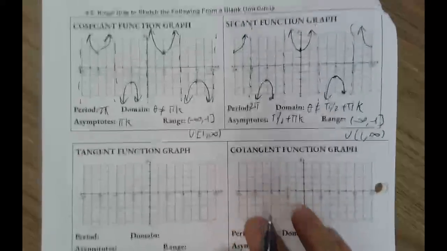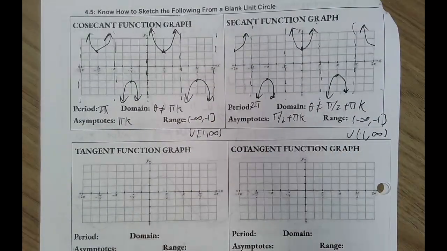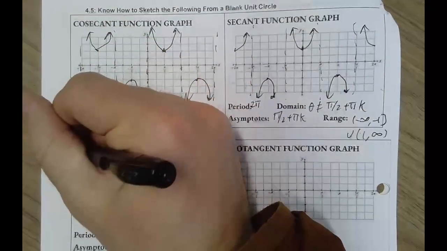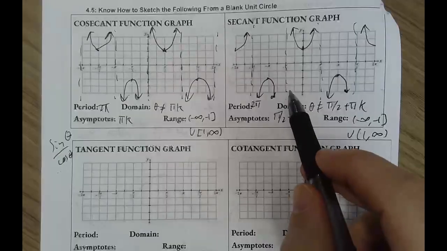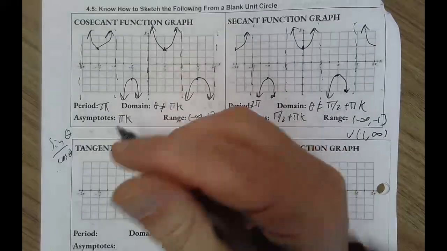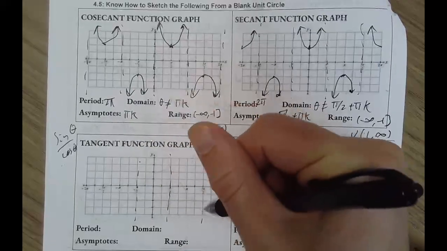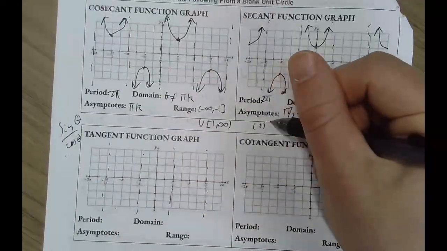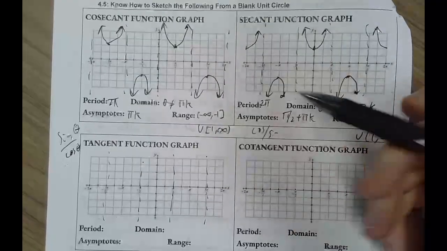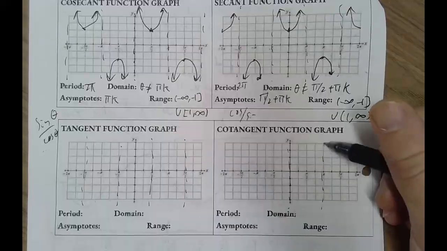Okay, tangent and cotangent share similarities with these in terms of the asymptotes, because tangent is sine over cosine, right? It's where cosine is 0, so it's like secant. It's the same vertical asymptotes as secant, so it's going to be negative pi over 2, pi over 2, 3 pi over 2, negative 3 pi over 2. And this is cosine over sine, right? It's the same as cosecant, because cosecant is 1 over sine,